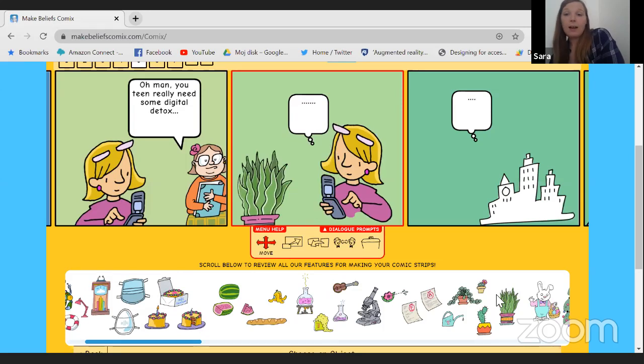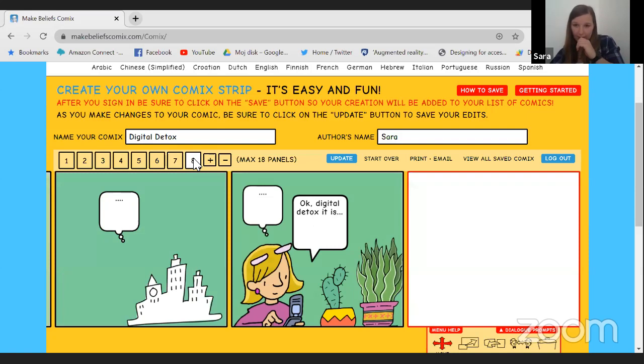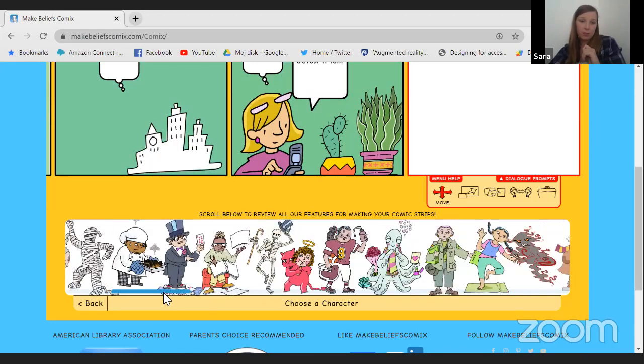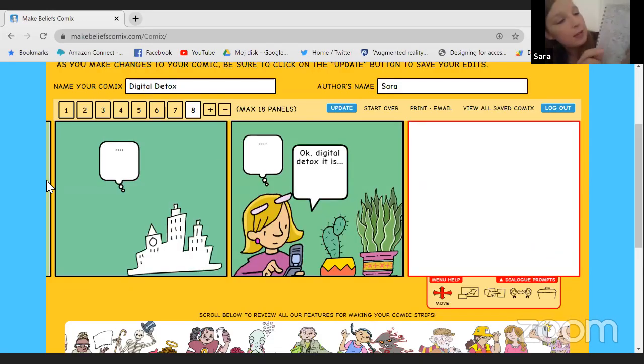Right. So now we're back in our 7th panel, and I'm going to add another one just to make this a bit quicker. She's going to try some yoga because she's going to be bored. That is here planned. So if you have your plan, you just follow this, add characters, you know what's going on, you have it all planned. That's making your process much easier. Otherwise, you're going to have to think about it as you're doing it, going back and forth, trying to fix your mistakes, maybe adding a few more